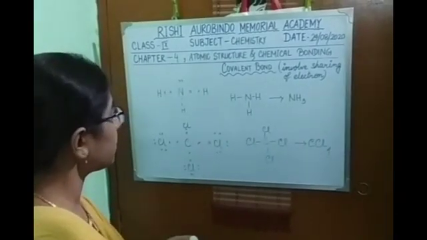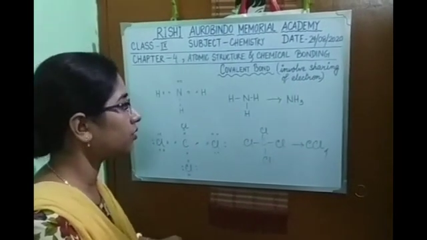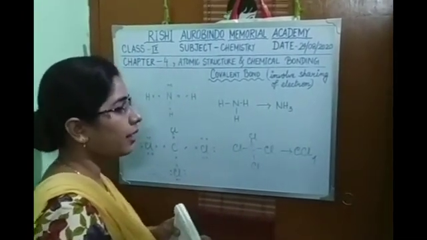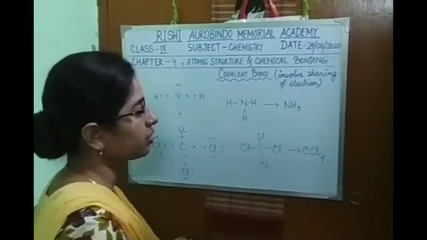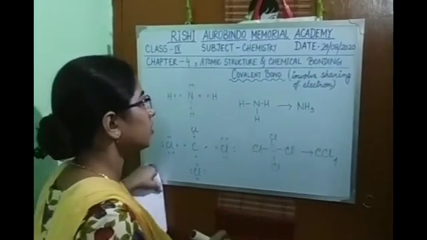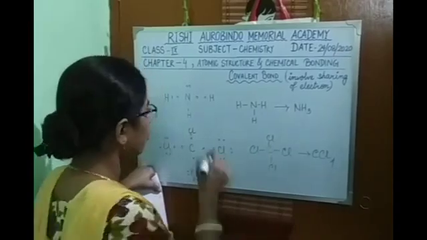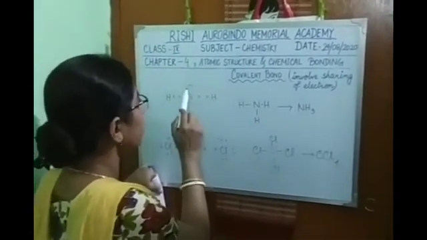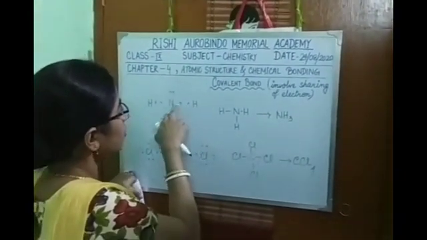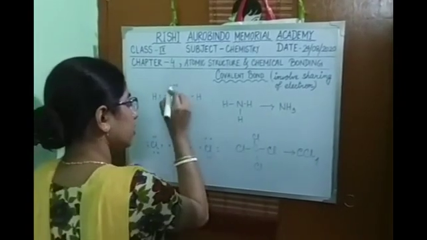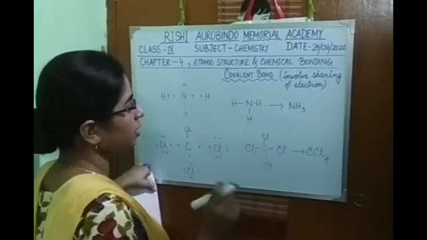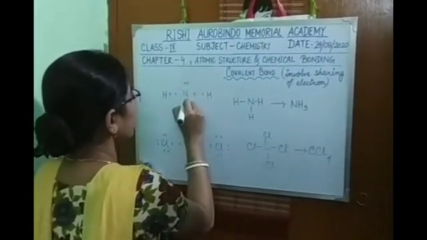Now another 2 examples of covalent bonds: how nitrogen and hydrogen form ammonia, and carbon tetrachloride. As you know, on the outermost shell nitrogen has 5 electrons, so these dots are for nitrogen, 1, 2, 3, 4, 5. Hydrogen has 1 each, so these crosses are for hydrogen. On these 3 sides, nitrogen will share 1 electron from each of the hydrogens, and they will form